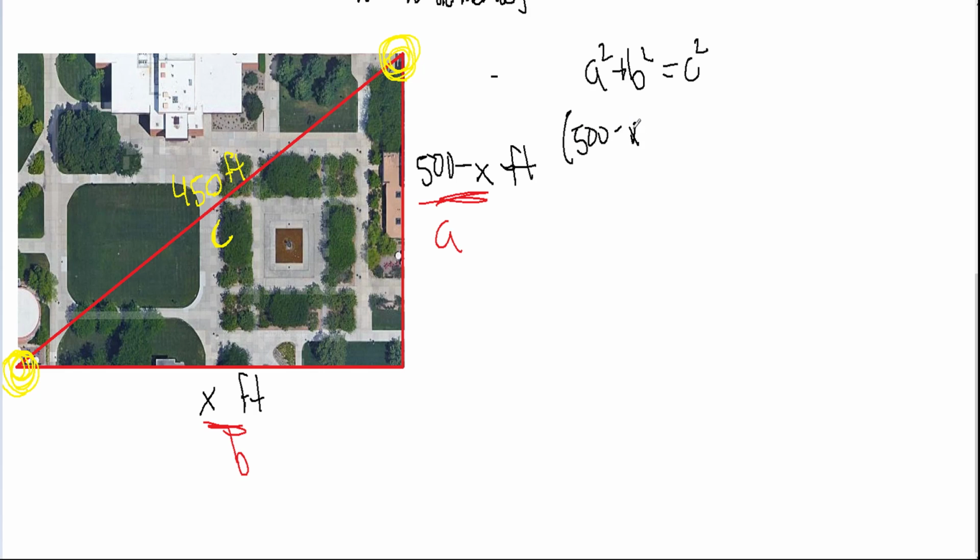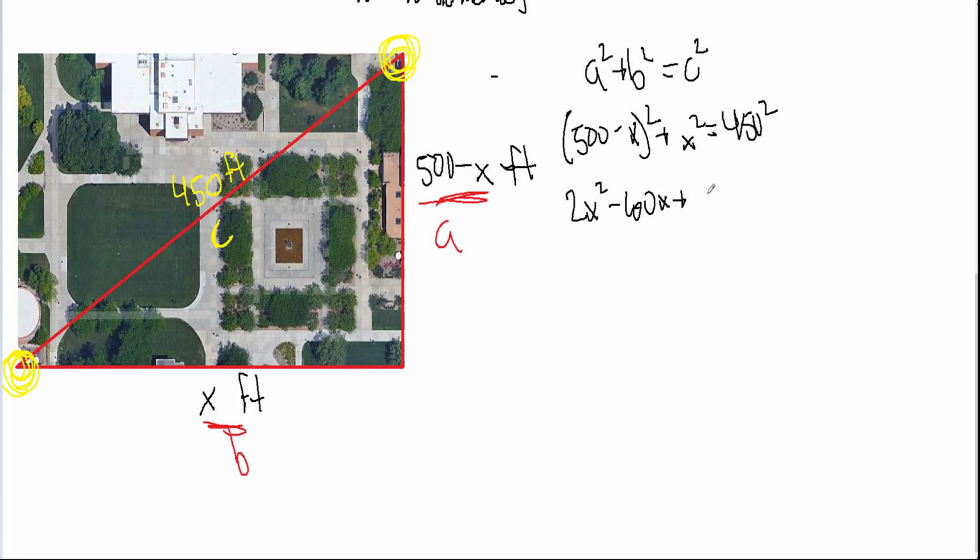So we have (500 minus x) squared plus x squared equaling 450 squared. And then we have to expand everything. And when we do that, we end up with 2x squared minus 100x